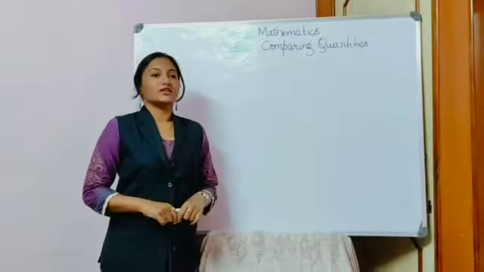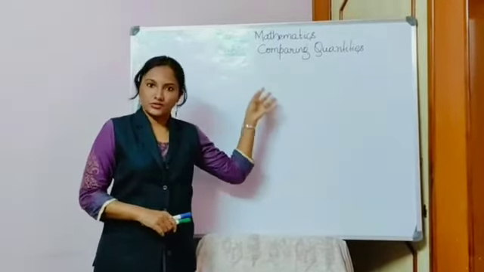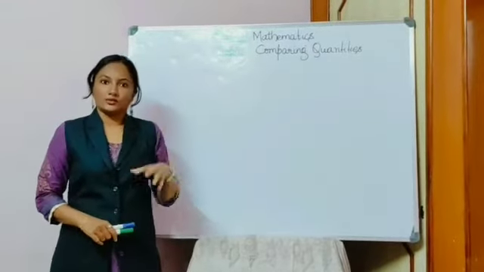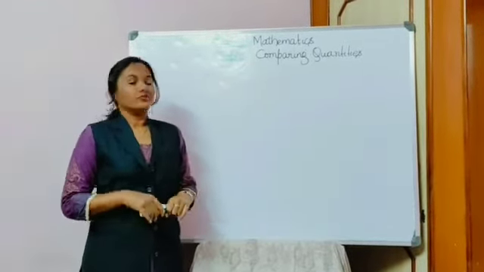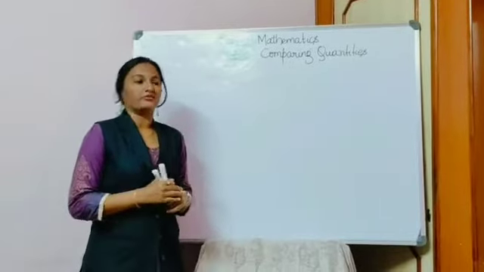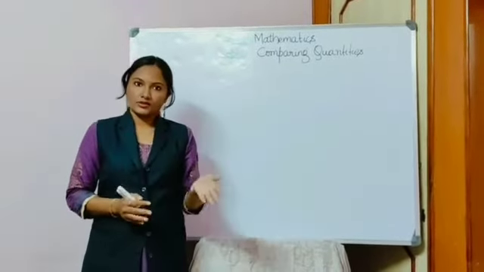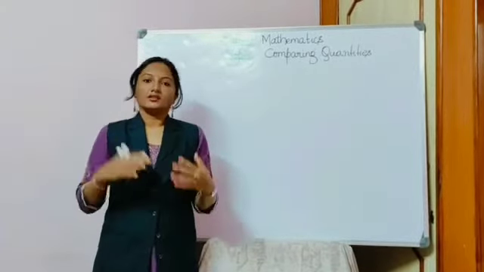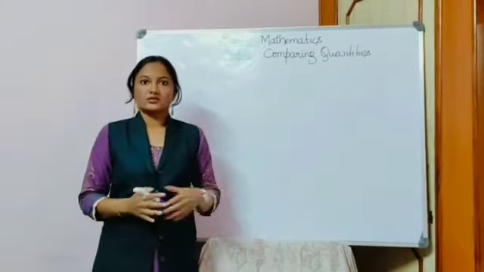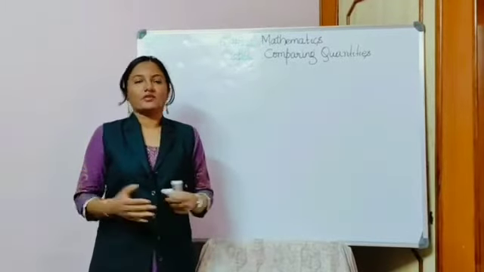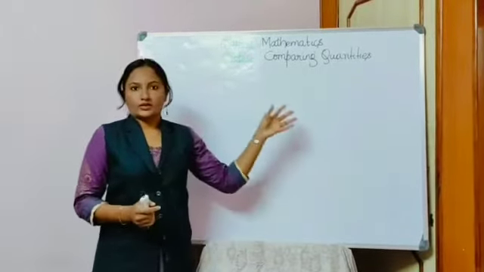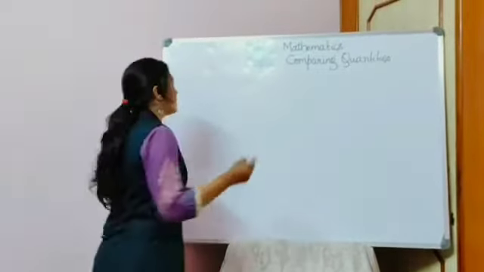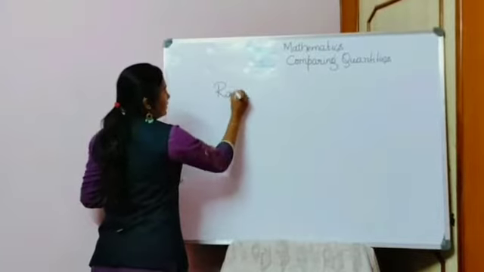Comparing quantities is the chapter where we are going to deal with comparing different quantities such as height, weight, kilograms, etc. So you usually compare in your daily life, like the height from one person to another, or weight from one to another, or rupees, or any other quantities like number of pieces, number of chocolates. In the same way, we compare so many quantities. Under comparing quantities, the first concept we are going to learn is called ratio.